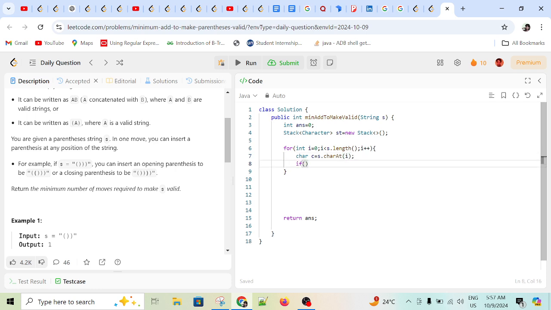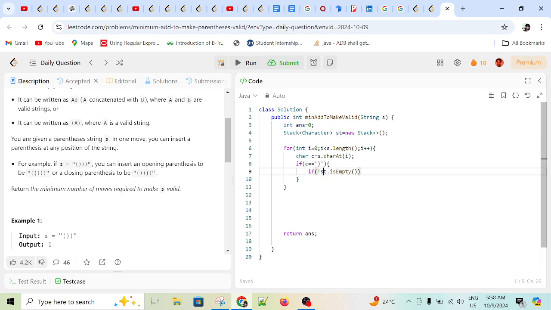And as I have discussed, if the character is a closing parenthesis, in this case you have to check whether the stack is empty,